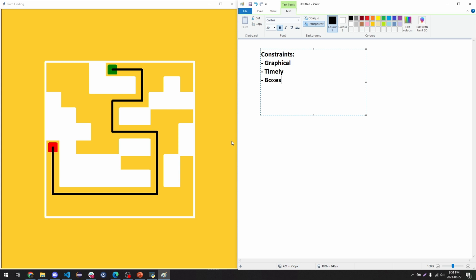We also know that it needs to find the best path, and by that I mean the shortest path, the fastest path, however you want to think about it. The path from start to finish needs to be as short as it possibly can. I don't want it taking a bunch of wrong turns or loops or anything like that. It needs to go from start to finish, and that is it. So with these constraints in mind, let's actually get into looking at how we're going to tackle some of the